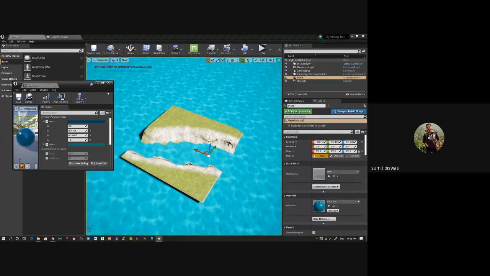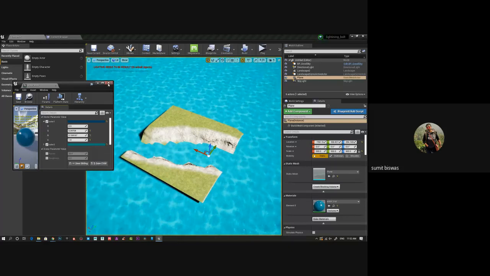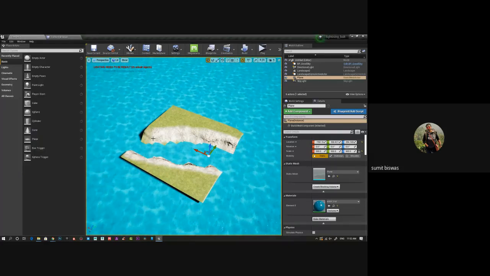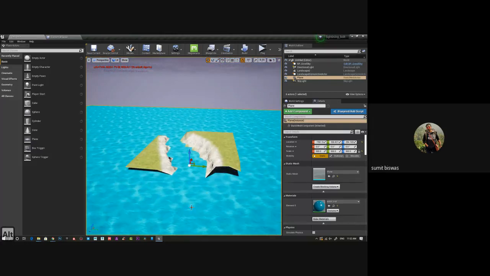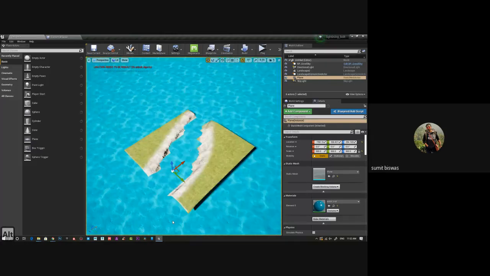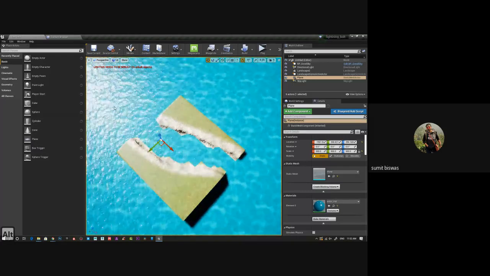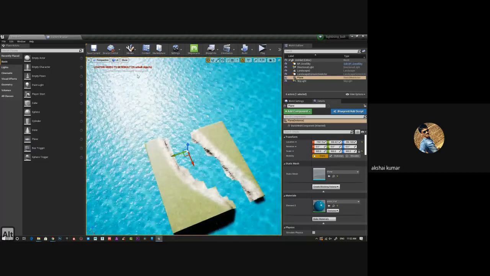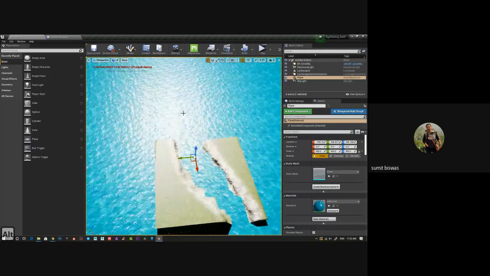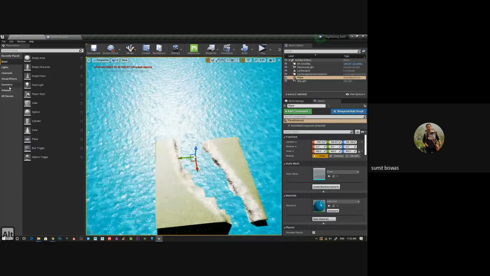I can change color, modify things basically. Roughness, if I want to modify, I can do that. So like this, to create things, add 2-3 materials together and 2-3 textures together to get this effect. So wherever you have this light, you have this reflecting effect, because that will give you the light, like watery effect.